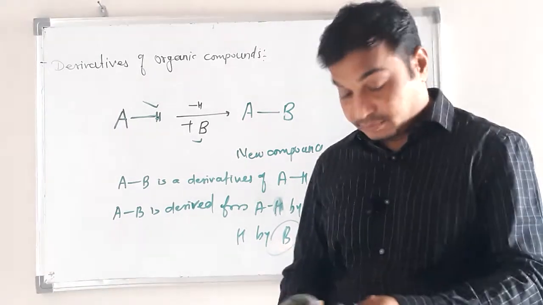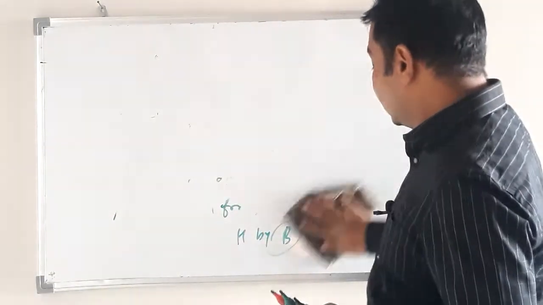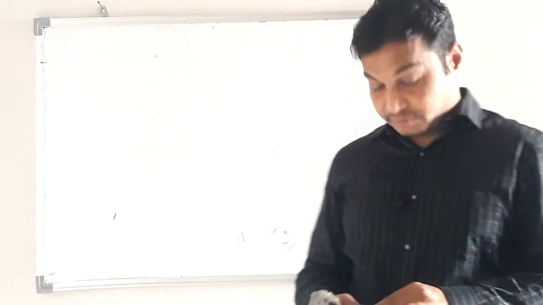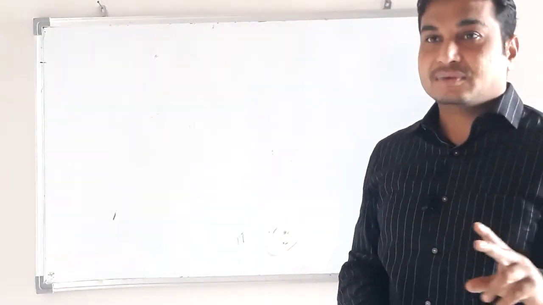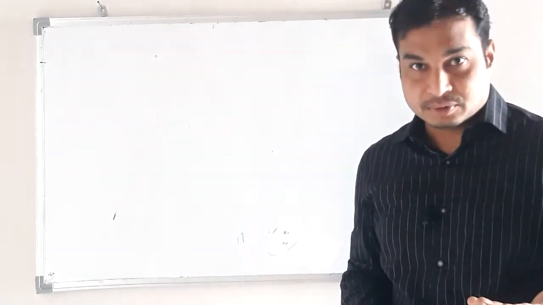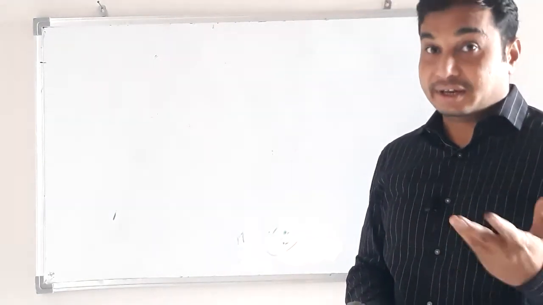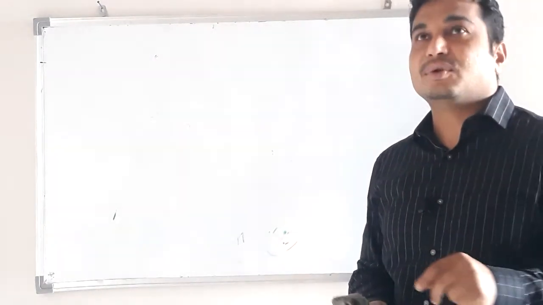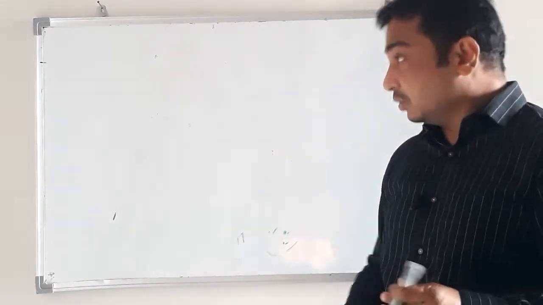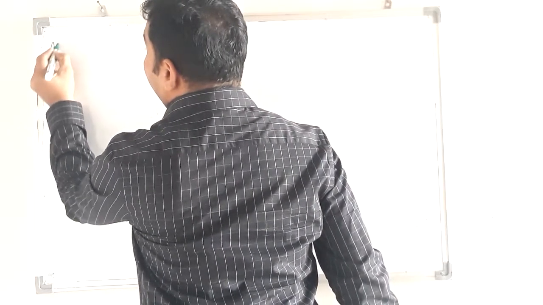Welcome back, students. In previous classes, we have discussed alkane and then alkene. We already finished two parts of the classification of organic compounds based on functional group. From that part, we have covered two classes till today. First was alkane and second was alkene, and we have discussed their nomenclature and everything. Now, the third class of organic compound is alkyne.